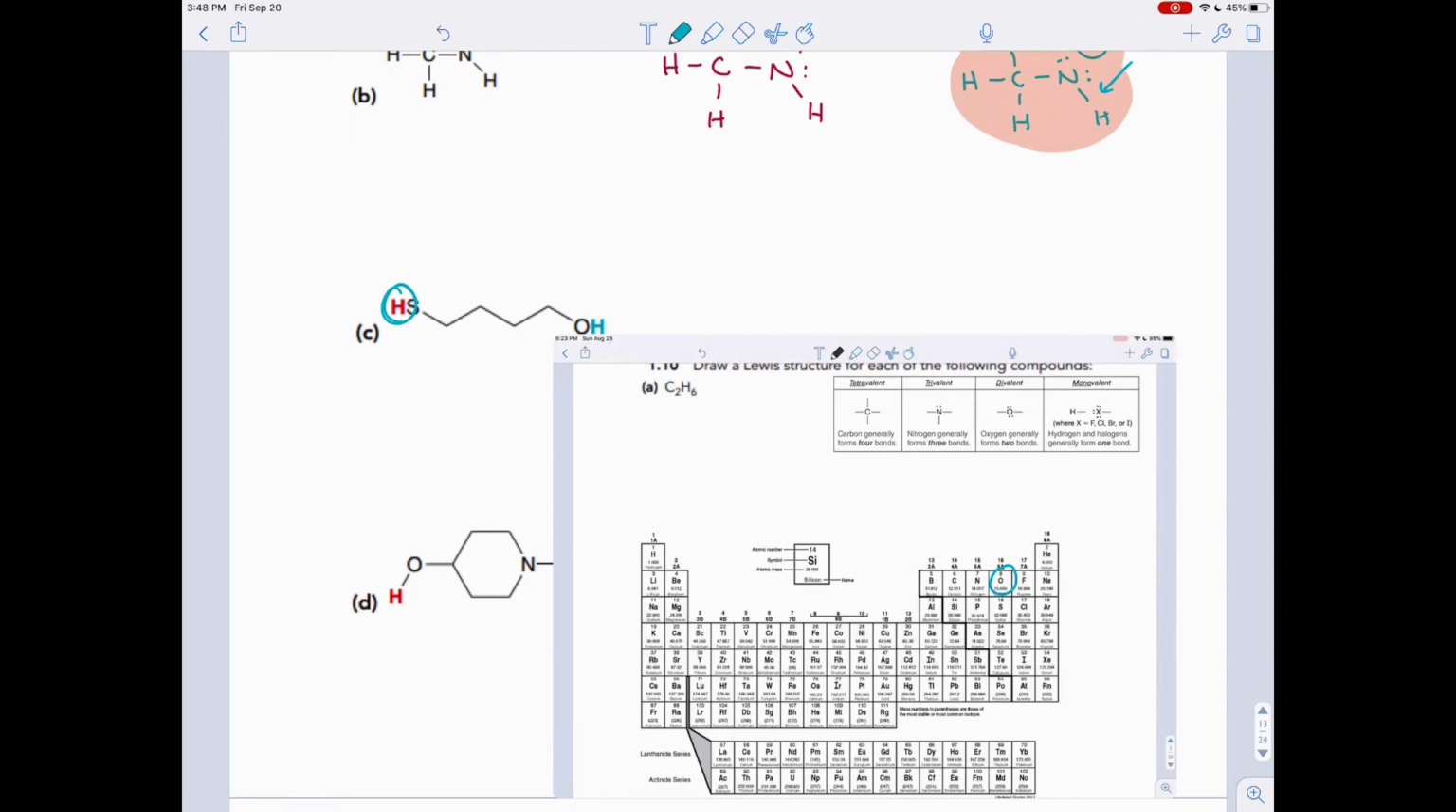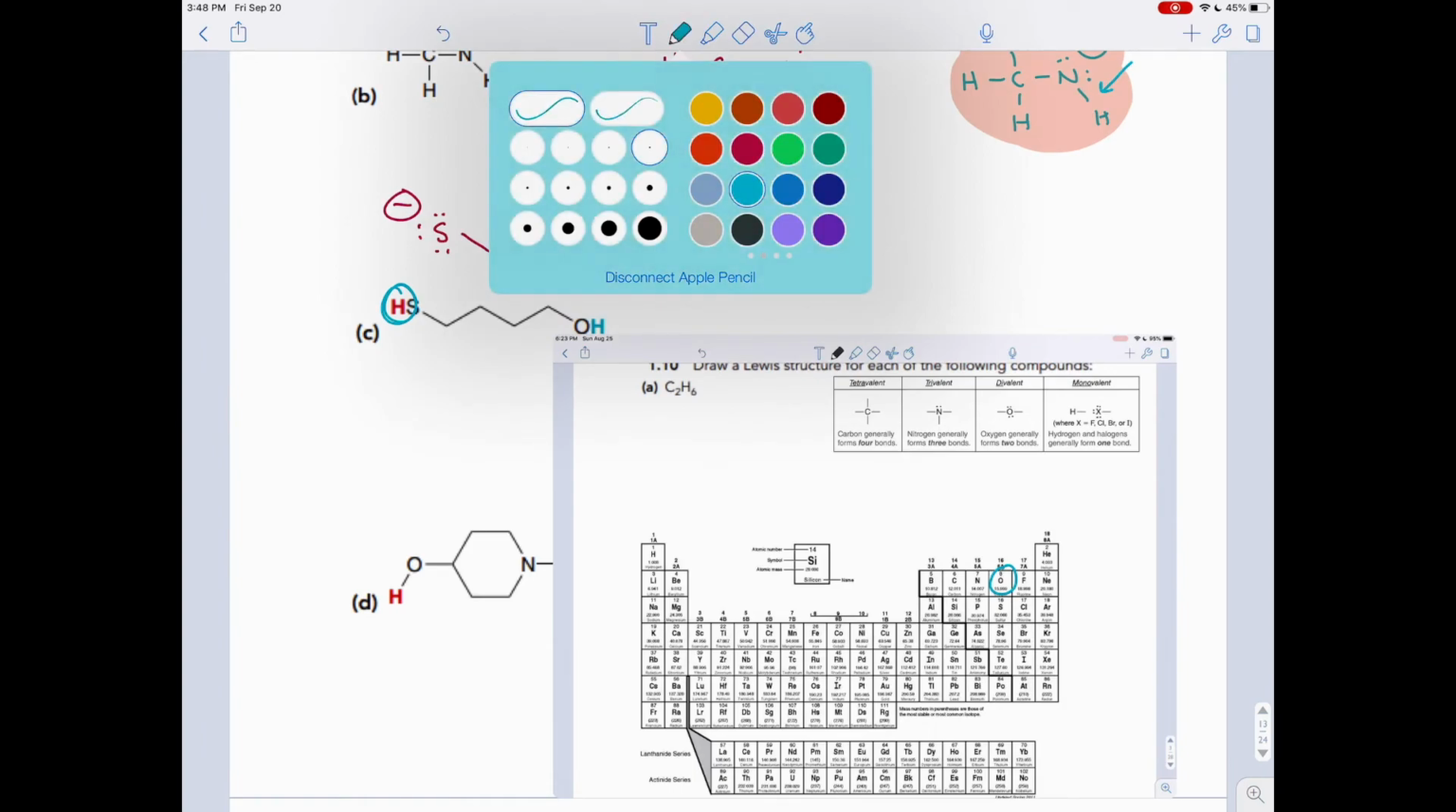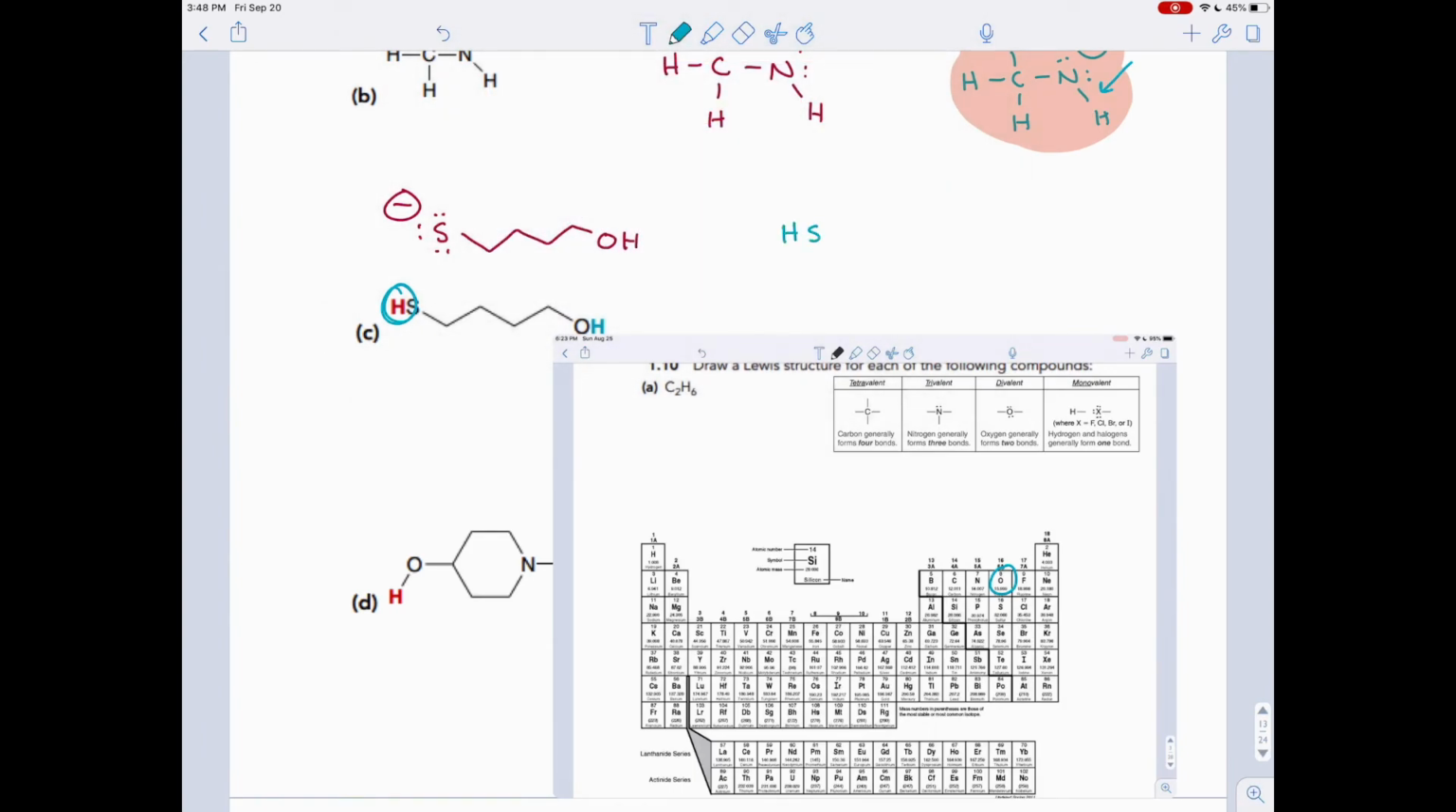And to see why, you can draw the two possible molecules. If the red hydrogen comes off, you'd be left with this. If the blue hydrogen comes off, you're left with this. So which of those is more stable? The molecule on the left is more stable because the negative